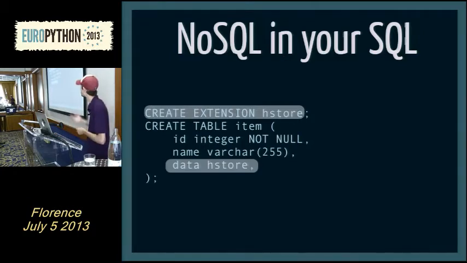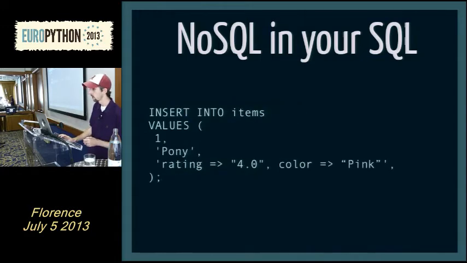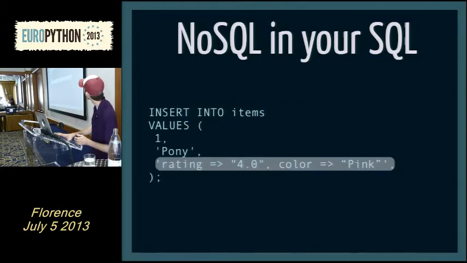So inside Postgres, you would just say create extension hstore, and then you would declare the data type down there. So your data type is hstore. And then when you insert data, you use this syntax essentially for your key and then your value. One limitation is that it's only strings, but I've found it's still pretty good for flexibility. I can live with that in most cases. And you can pass any new strings right in there. You don't have to define them ahead of time.